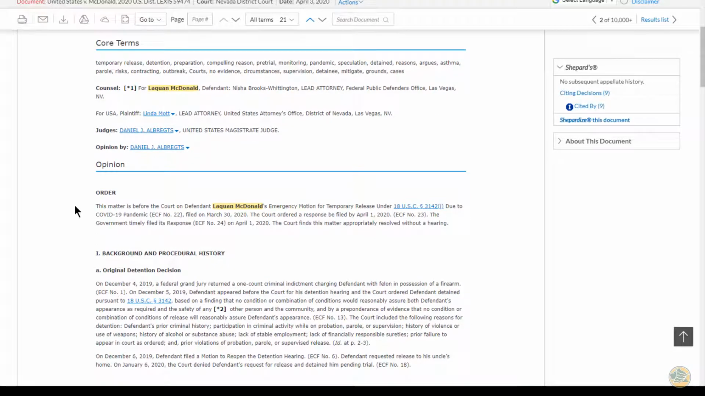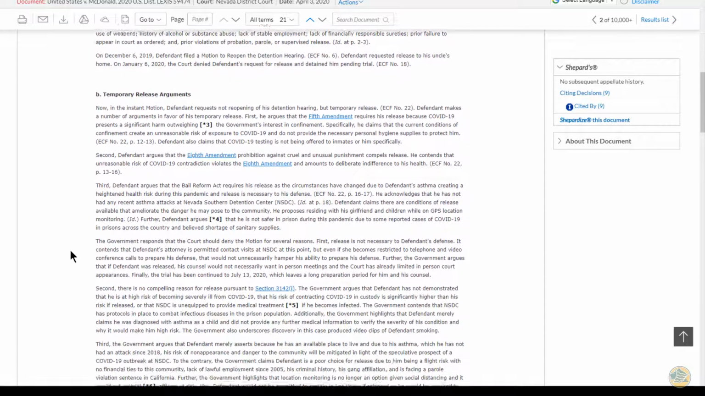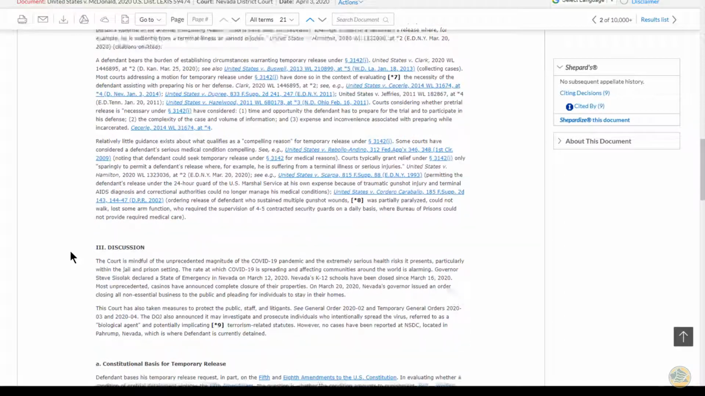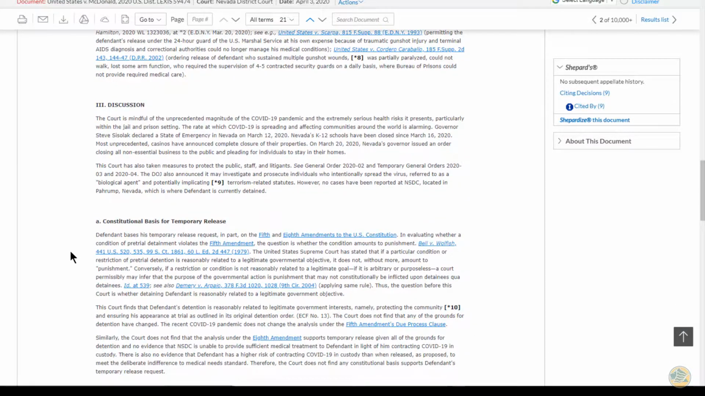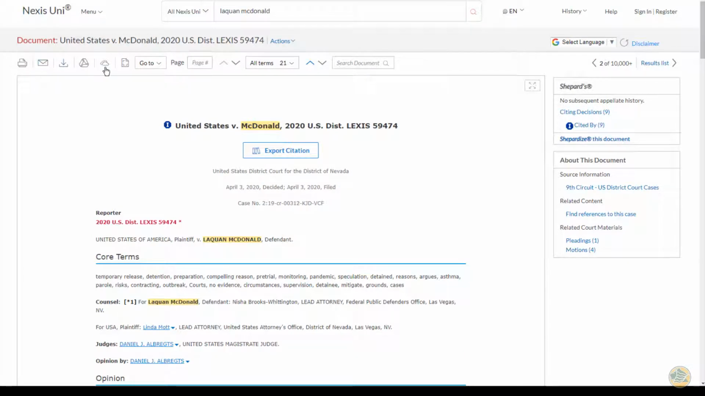So we have our core terms. You can look here to see who the lead attorney was for the plaintiff, who the judges were, the counsel for our defendant is also important, and the opinion, which is also written by the judge. So this opinion has the order, the background, the temporary release arguments. He's asking to be released due to COVID, the legal standard, the discussion, constitutional basis for this release, etc. Again, you can print, email, download, or save to other drives. Going back to our results list,